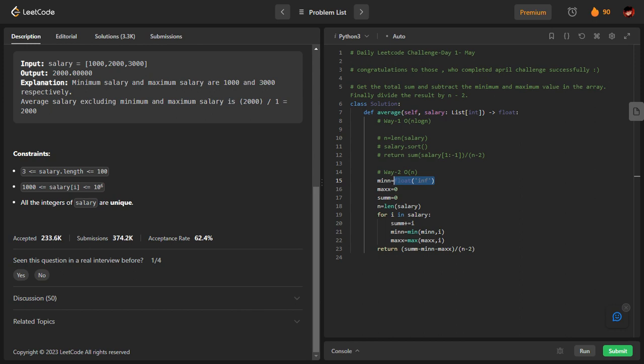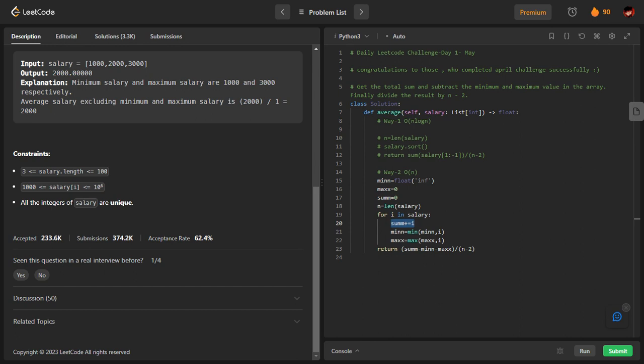So what we are doing is, these are the variables we are defining. You can clearly see here. Finally, I am declaring n as the length of the salary array, and then I am iterating over the salary array. Okay, so i is the salary of the ith person. These are the values for i. What I am doing is, for every i, I am adding it to my sum.